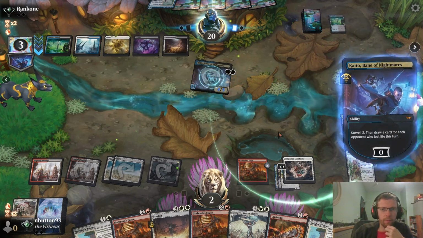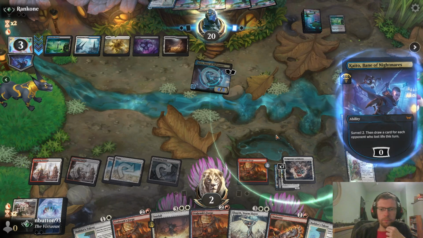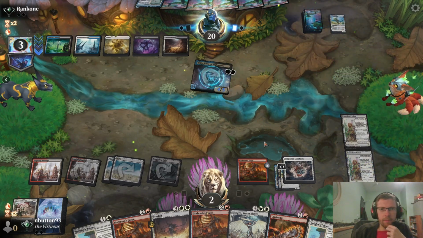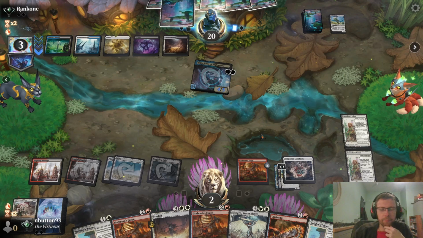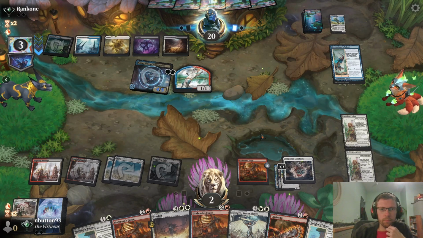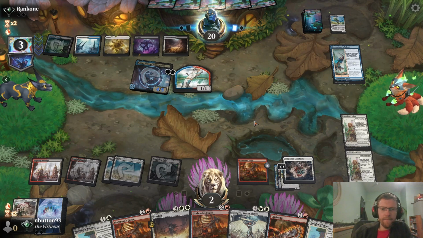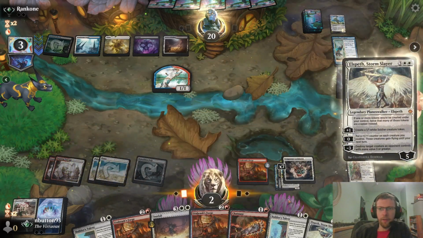Let me draw another card. Aha. Now I know your weakness. Elspeth gets us 2 Urabrask triggers, I suppose. They've got 6 cards in their hand. Doesn't feel amazing, does it? We don't have any flyers at the moment, at least. Okay, well, I think it's Elspeth or nothing here, so...